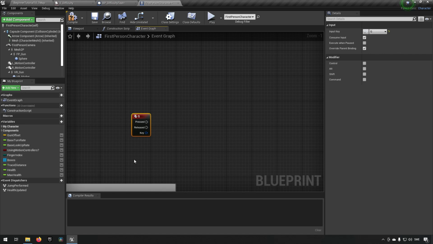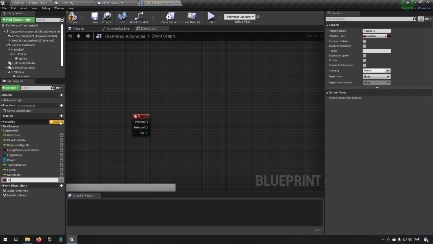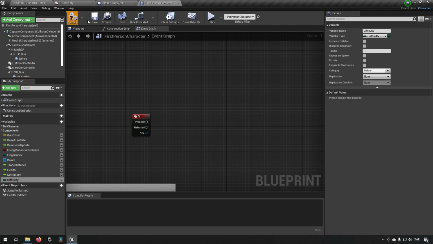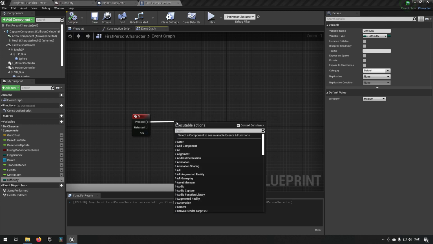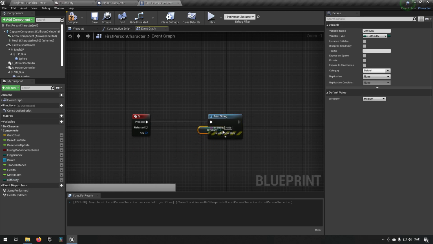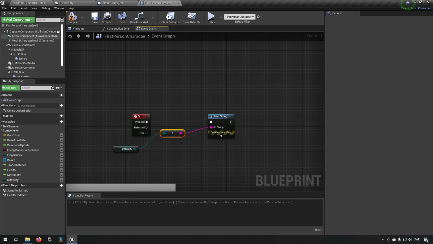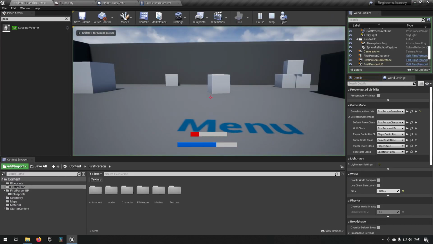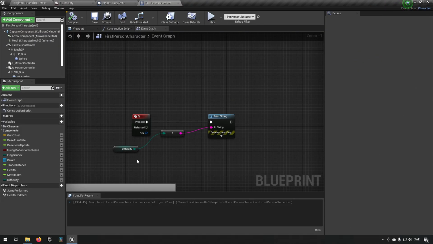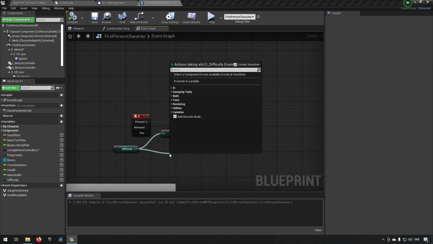And then we have a difficulty, and we make it of the type difficulty, and we set this to be hard, no, medium, and then we print, and then we drag out our difficulty and connect it. So by pressing Q now, you can see in the top left it's gonna say medium, and that's okay for this, but you can translate an enum to,